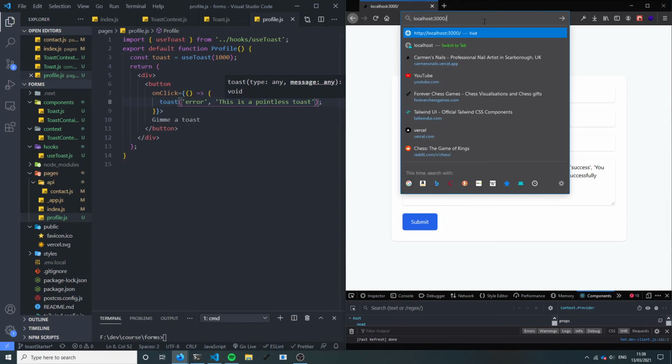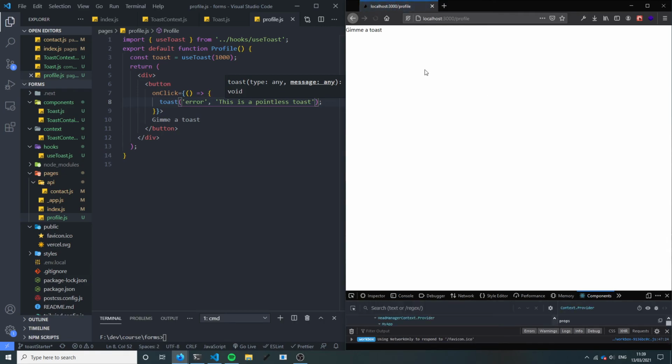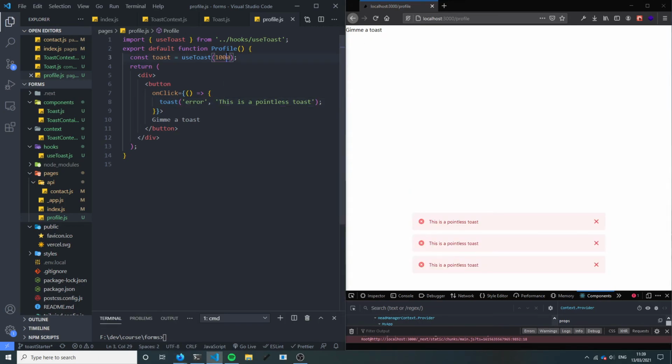If we now navigate to our profile page, you can see we've got lots of toast and they're deleting themselves pretty quickly. So you can use this anywhere within your application, and it's a really easy, simple setup, and I think it's reusable. We've got the custom hook to send toast like this. I think it's much easier than dispatching the type of add post each time. Now, of course, the next steps, if you want some homework,